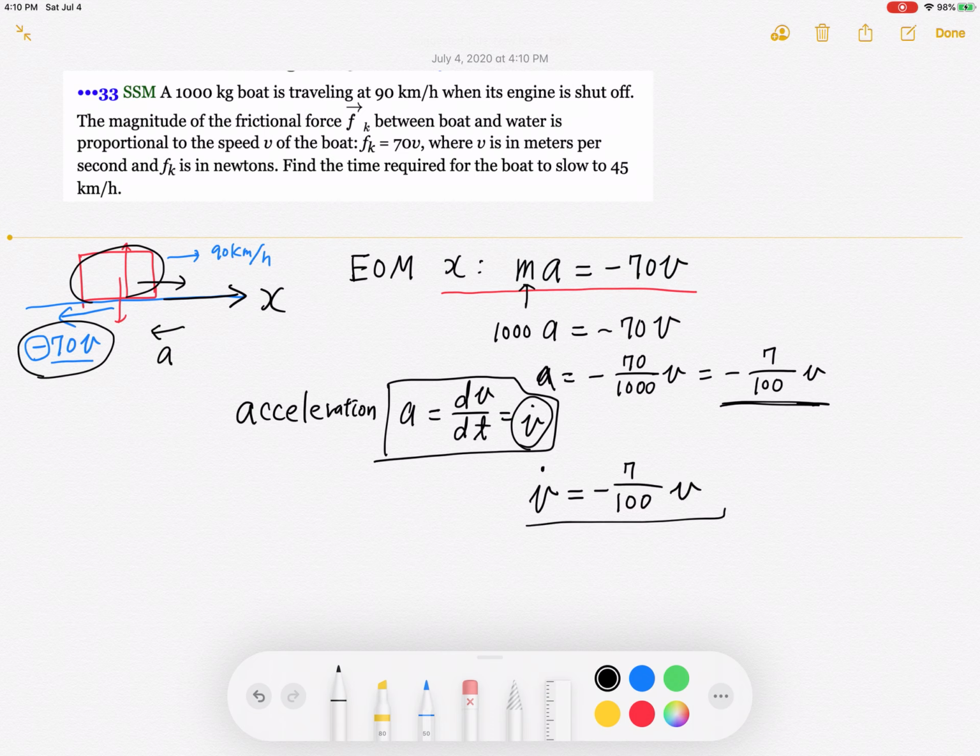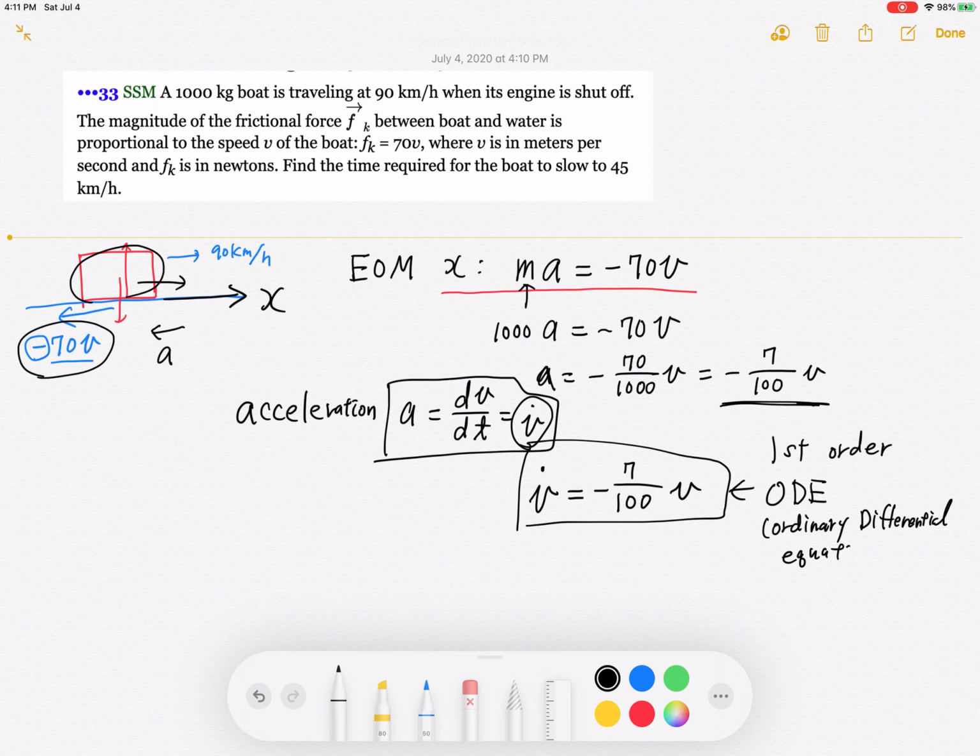And by the looks of this equation, I can tell that this is a differential equation, first order differential equation. Ordinary differential equation, ODE. Okay. So there's a set procedure to solve the ordinary differential equation, which is to